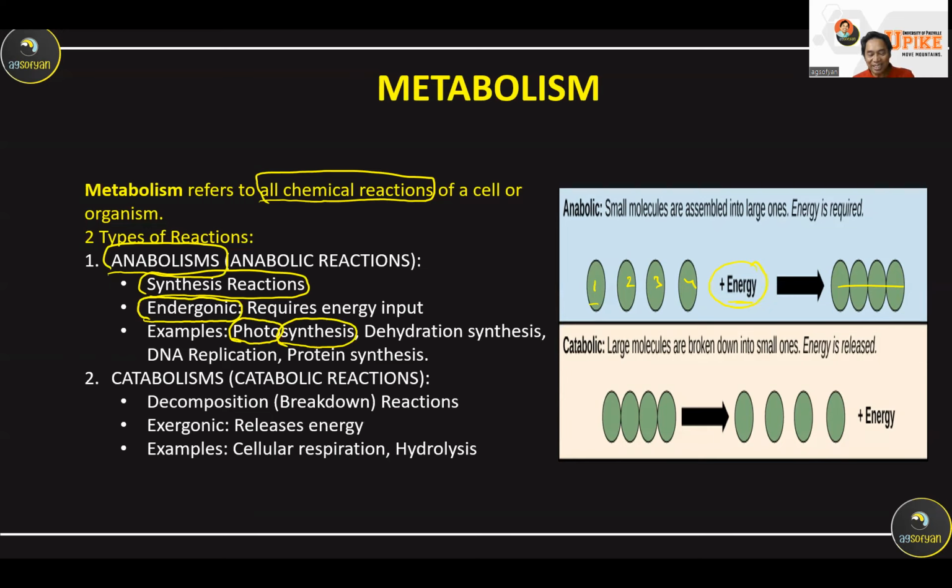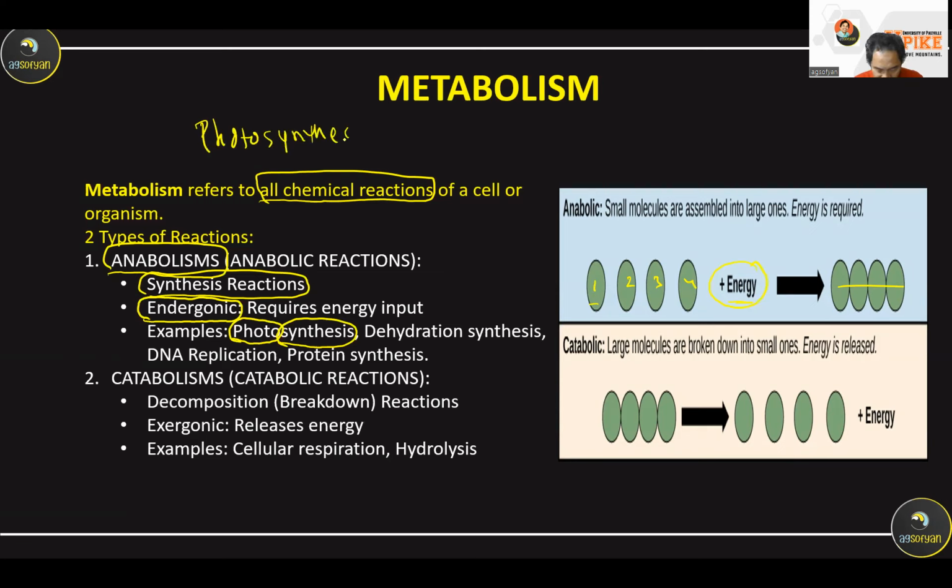This is a synthesis reaction where the energy, which is the light, is needed to synthesize glucose, to synthesize carbohydrate from the smaller molecules, which are water and carbon dioxide. If you remember the formula of photosynthesis,